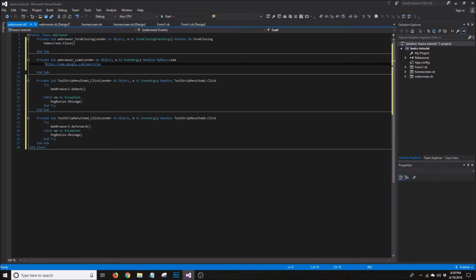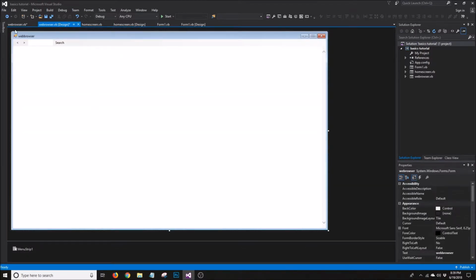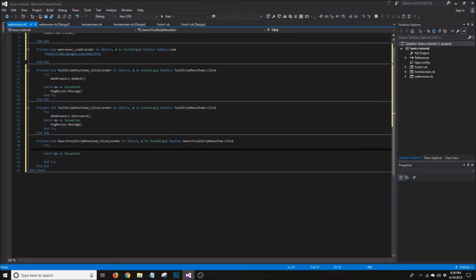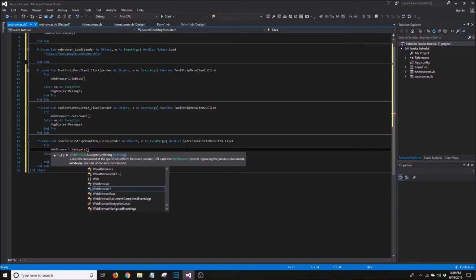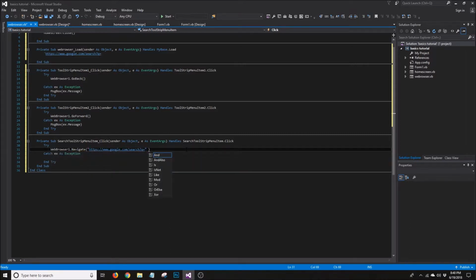Okay. So if you see this little mark right here, this is to make a note, so it's not actually being used in the code. Alright. So this is a good way to take notes in your code, to also help sort everything. So if we come here, we'll hit try, and then we'll do web browser 1.navigate, and then what you're going to want to do is put equal. Actually, I think we'll put it like this, navigate, and then we'll put this here, this there, and then hit it and then the menu strip,